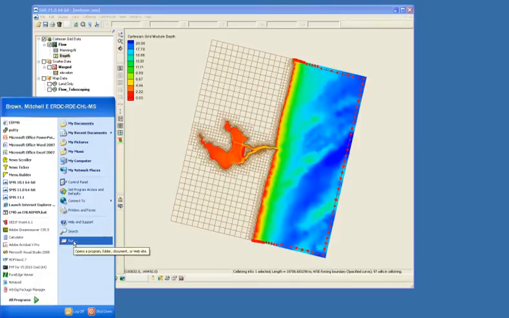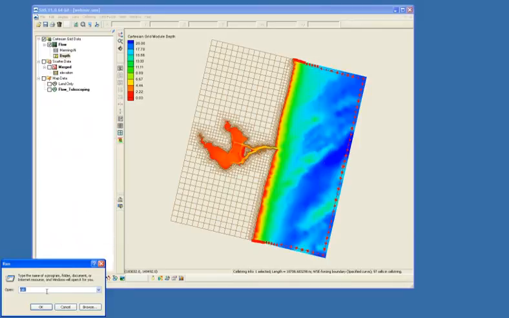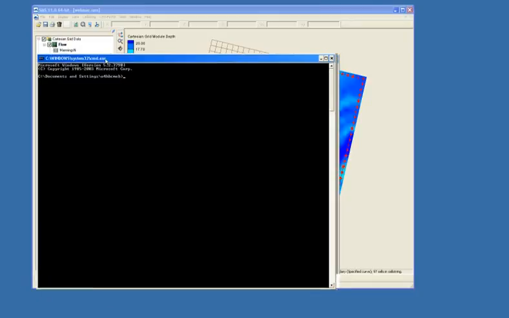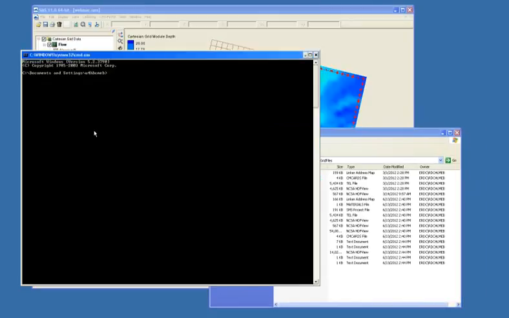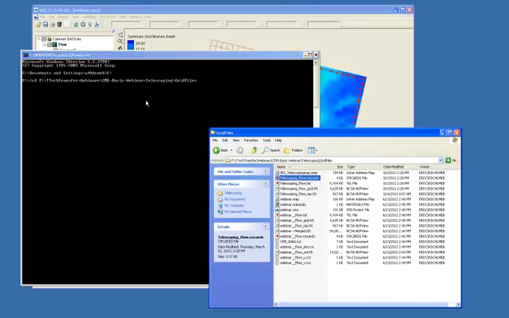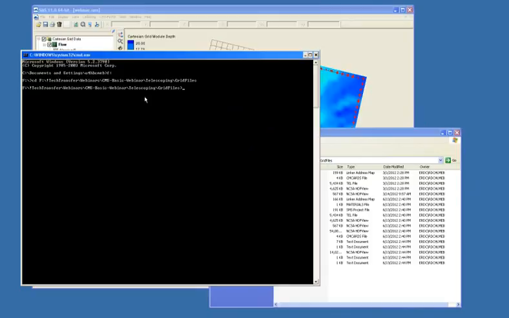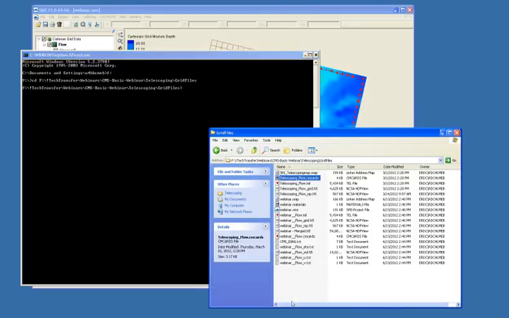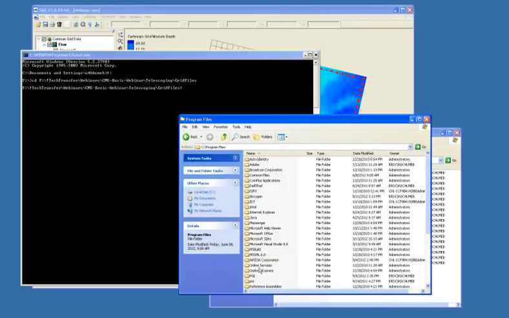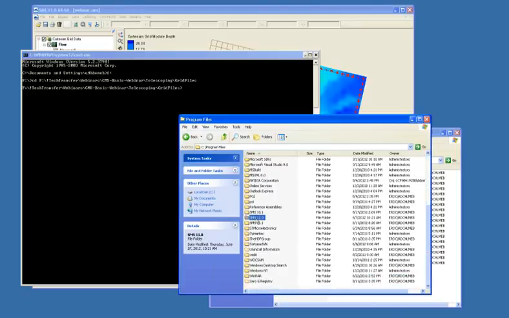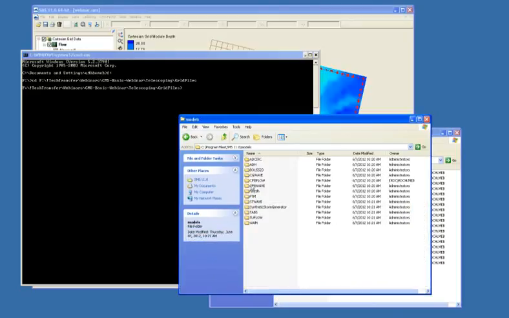And so what you can do is just start a command prompt, go to the location where the files are located. So I will have F:, I'll change directory to that location. You'll want to make sure that the executable is in the same directory as where your files are located. So what I'll do is I'll just go and I'll grab the executable that I want to use. So that'd be SMS 11, CMS flow,